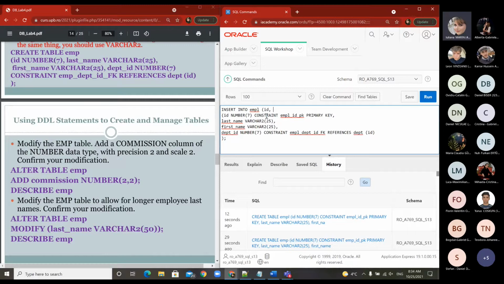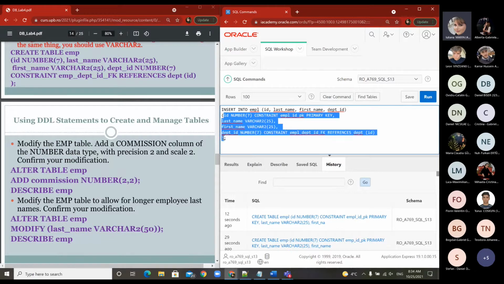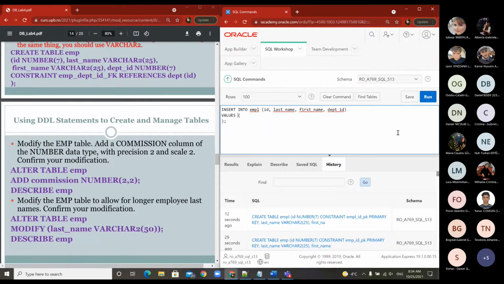Okay, we have ID, we have last name, we have first name, then we have the department ID. Okay, and this will be it. So we have ID, last name, first name, department ID. And now we need to specify which are the values. And we have one,